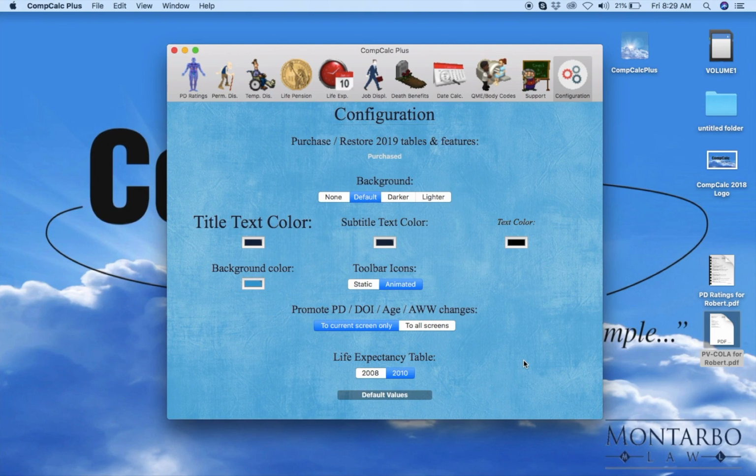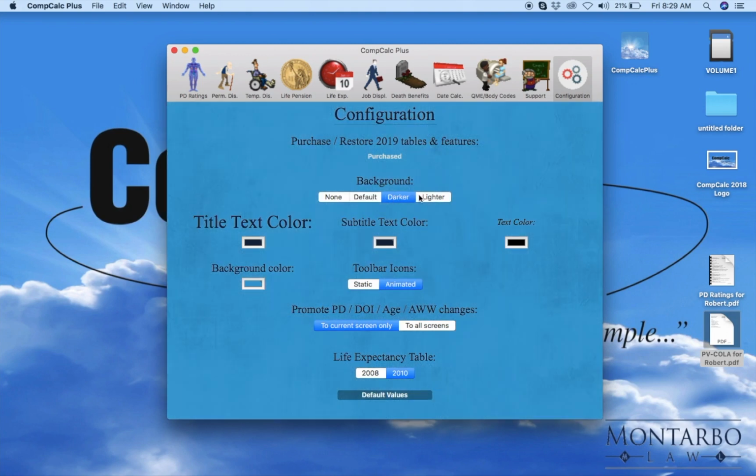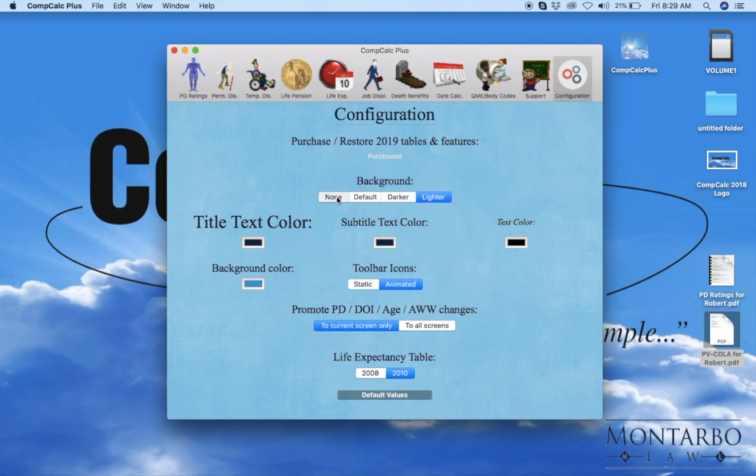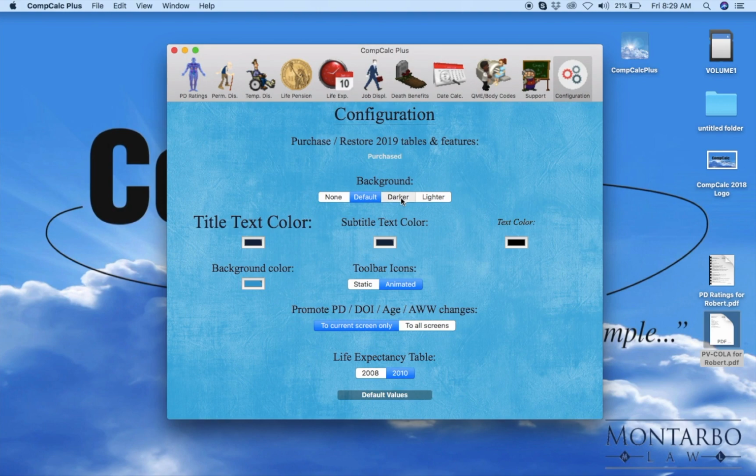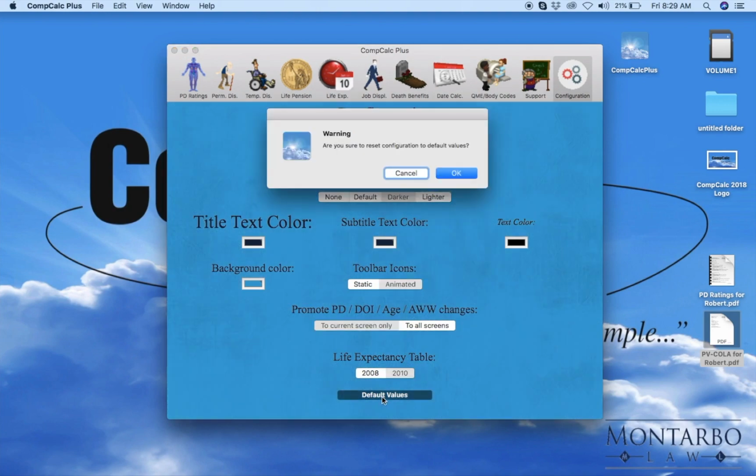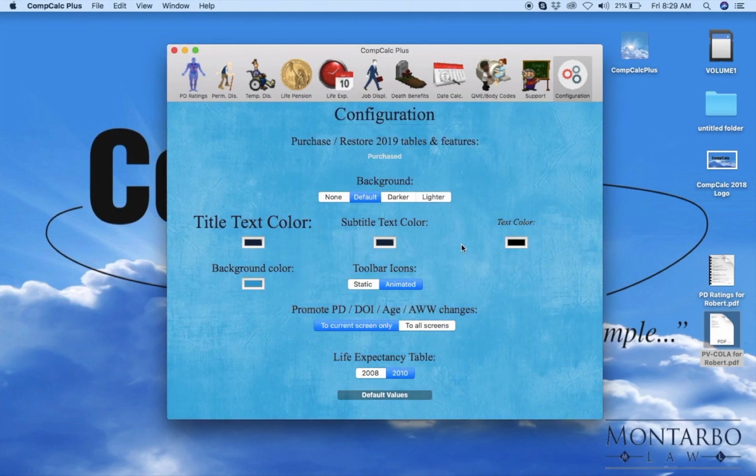What this allows you to do is play with all the options, and if you get to a place where you want to start over, just remember that you have this default value here, okay? And you can see what all the icons, you can go darker, lighter, none, default, okay? If you go darker and you don't like it and you want to go back to default values, you just hit default values at the bottom,